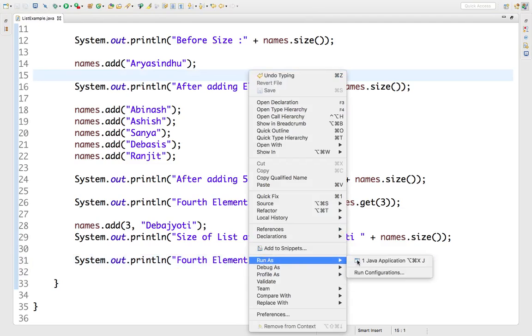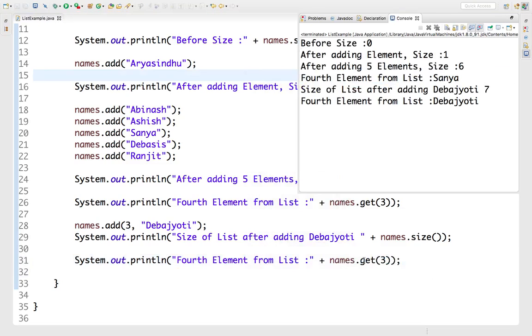run as Java application. So before the size was 0, then after adding the element the size is 1, after adding 5 elements the size is 6. Fourth element from list is Sanya. Then I added one more element in between. Size of the list after adding Devajyoti is 7, and fourth element from the list is Devajyoti. So I am adding the element at